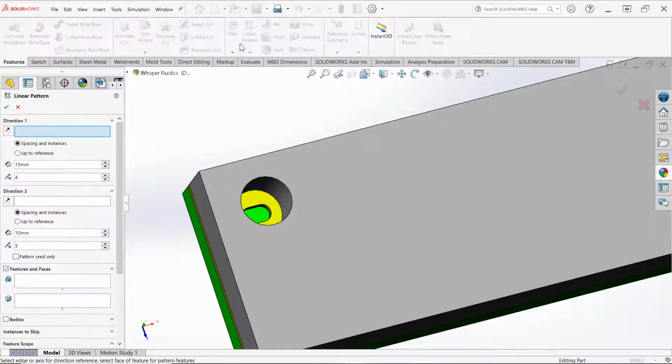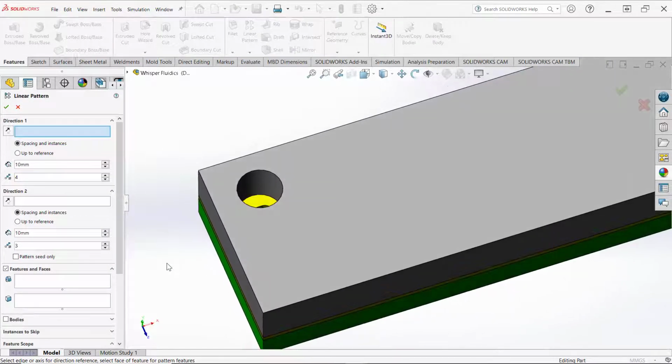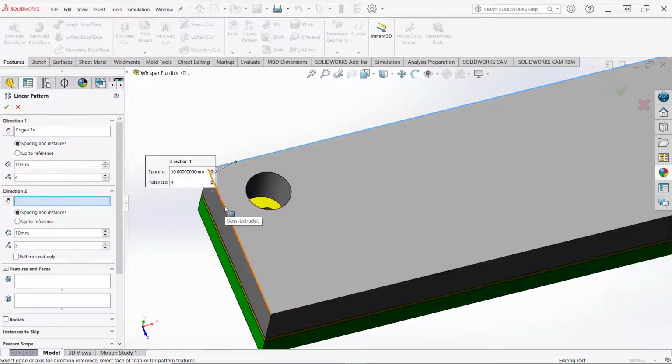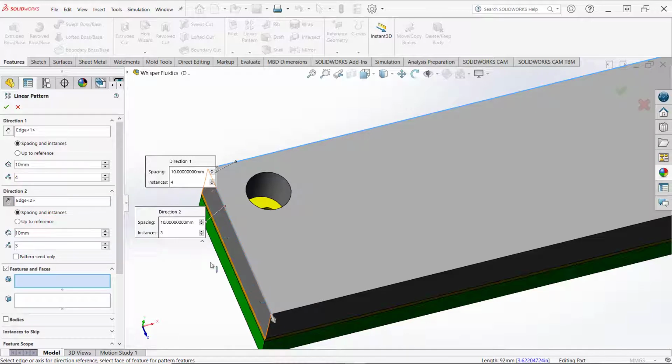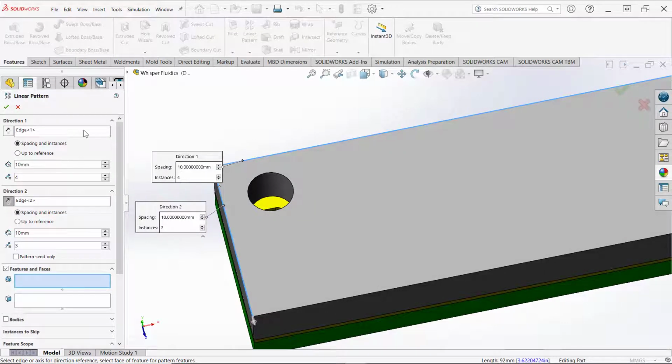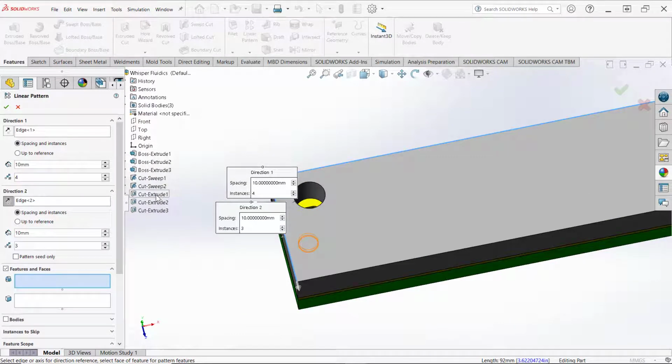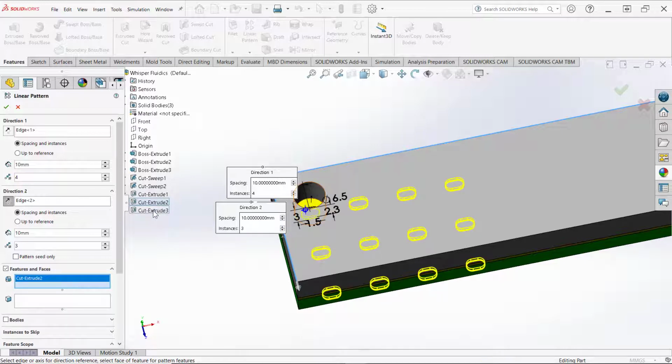So I'll select my linear pattern, and then for the direction I want to go along one edge in that direction, and I want to go along an edge in this direction, and I'm going to expand this, and I'll select the feature that I want to pattern. I want to pattern this cut extrude and this cut extrude,